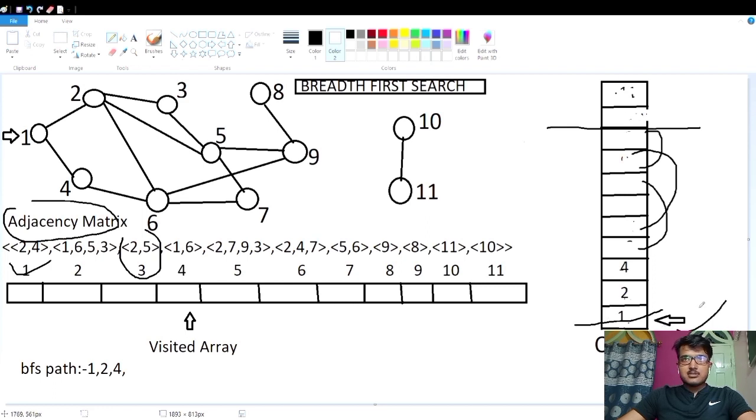Why will we pop out? First see why I'm using a queue here. We have to traverse all the successor nodes. Suppose you use a stack: you insert 1 2 4, and when you pop out an element, it will pop out 4, which is no use, because we have to traverse from 4 also. Why would I pop out the fourth node? It doesn't make any sense. So we'll use the queue data structure here.